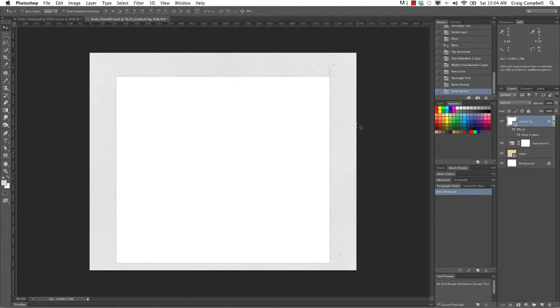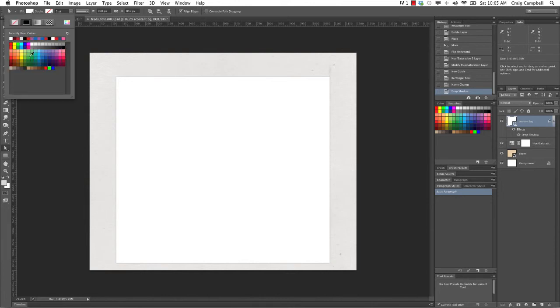So those are some of the basics of working with vector shapes. If you ever want to go in and change the color of a vector shape, if you're changing the fill color, there's actually 2 ways to do it. One way we can do it is hit A, and that will switch us to the direct selection tool, which is also found towards the bottom of the toolbar here. We have a path selection and a direct selection tool. The direct selection tool, if we select that, you'll see that we get our vector options again up here at the top, and we can change our fill and stroke colors